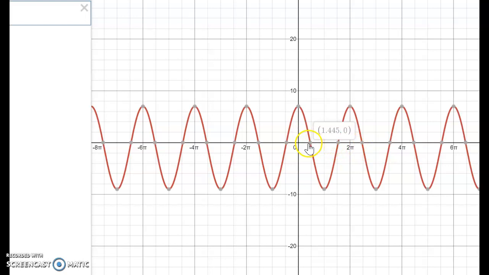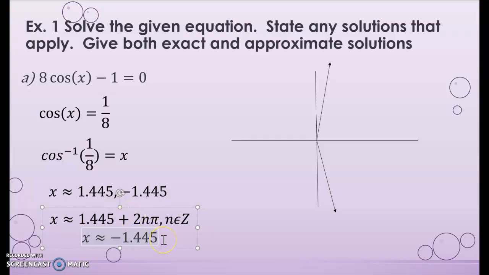So this point plus 2n pi will give me all the points that are within the beginning of the period. So it's all these. Or if I go minus 2 pi, it will be these. But I would need a second equation to justify all of these other solutions which are towards the back of the period. Okay, so it's going to be negative 1.44 pi